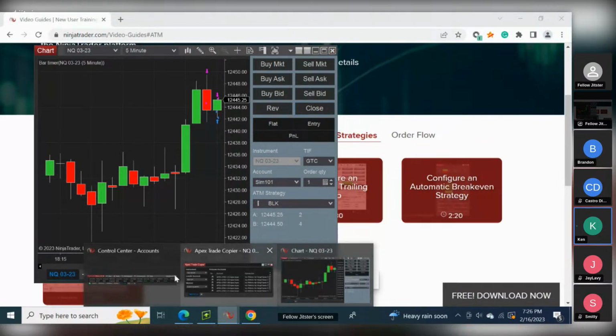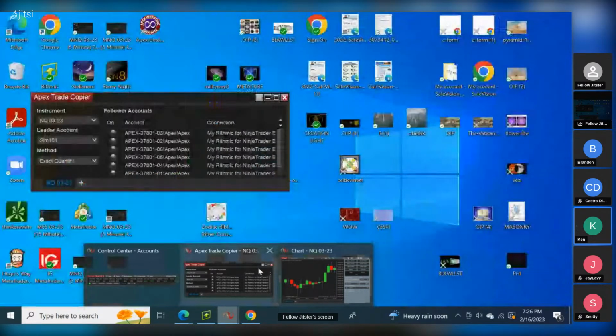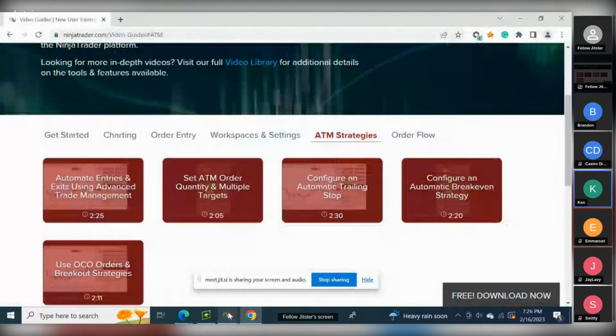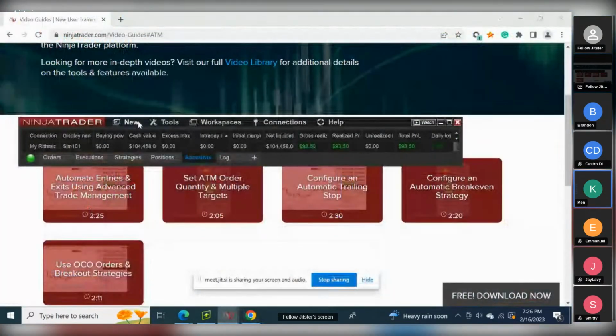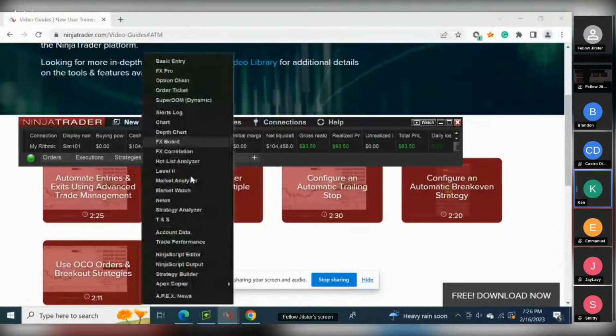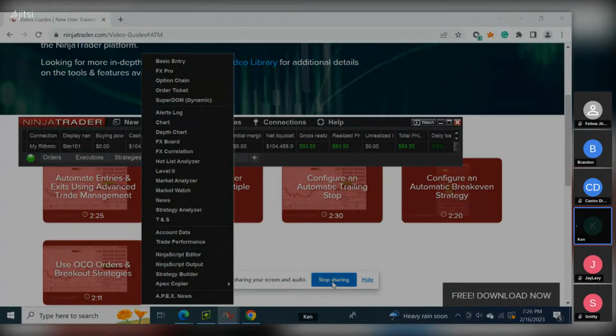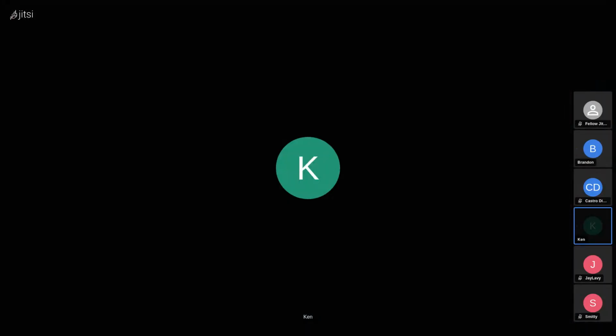So then you want to see your profit. Let me do something here if I can find it. One thing I like a lot is you always want to check what you're doing. You can always do that with your trade performance. If you click on that, it'll show you all that. Let me do that real quick. So if I click on trade performance,